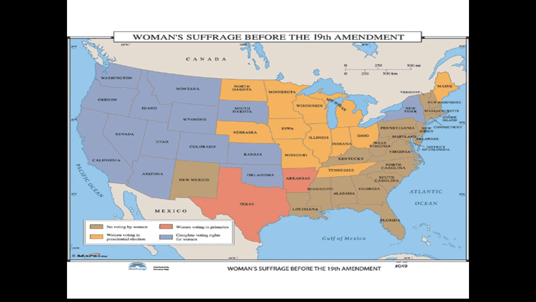So these westward expansionist states where they needed more population, you had to incentivize people to go out there. One incentive might be, hey, women, if you go out west with your husbands and start a family and do some homesteading, start farming, you'll get the right to vote too. So they'd kind of push that out there as well, which is why you see that coloration on the East Coast being all brown with no voting rights. And as you get further west, they get more and more blue and yellow and red where they have more voting rights.